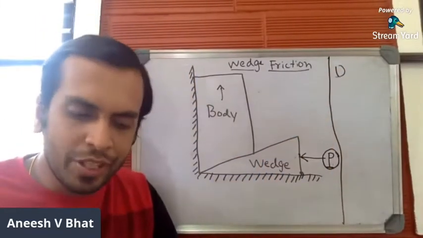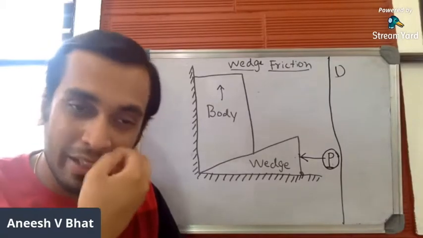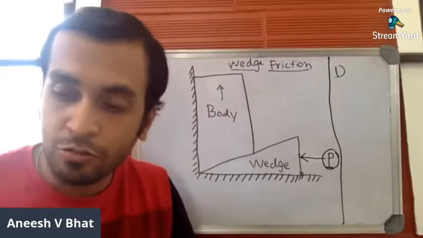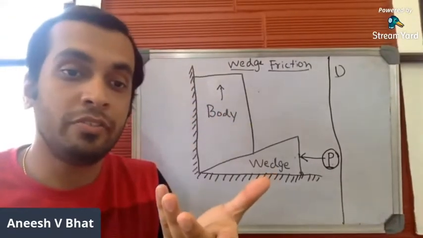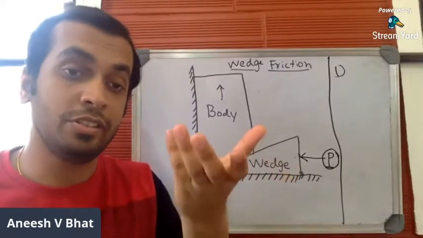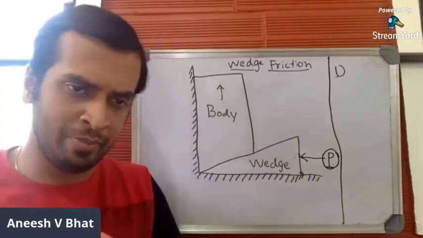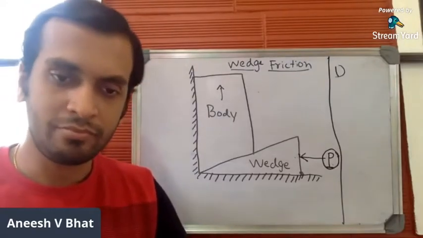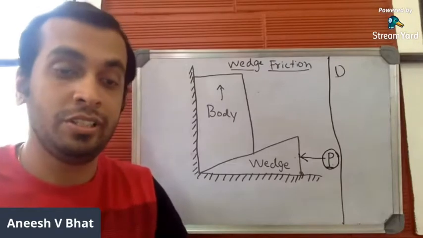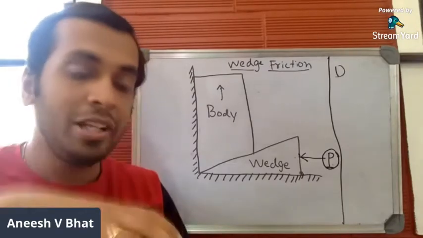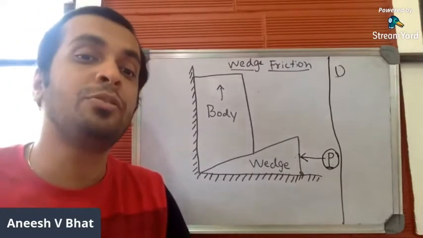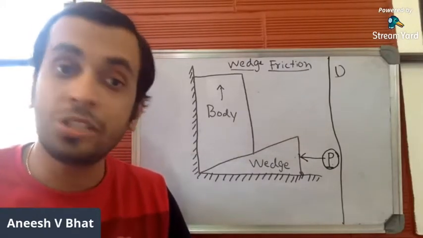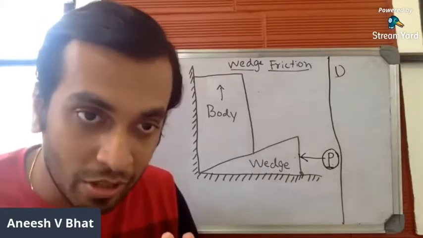See, as you know, we went through one of the problems in the previous section, where you had two bodies: a lower body of 4,500 Newton self weight, and another body placed on the lower body of 3,500 Newton self weight, and both bodies were in contact with each other. When two bodies are in contact with each other, as you know, you have to draw an imaginary surface between both the bodies. This is what you're supposed to do whenever you have two bodies in contact.